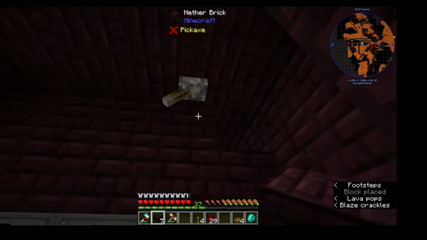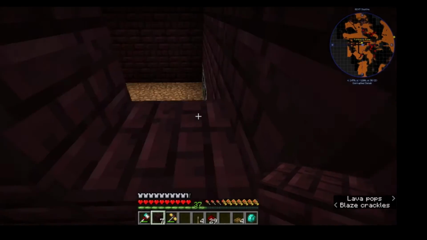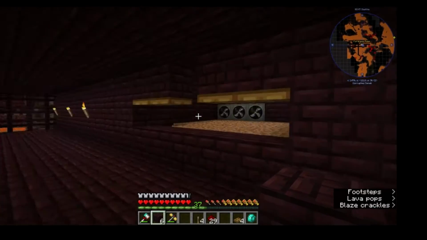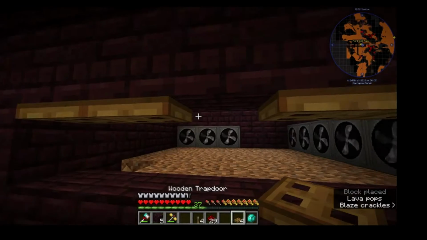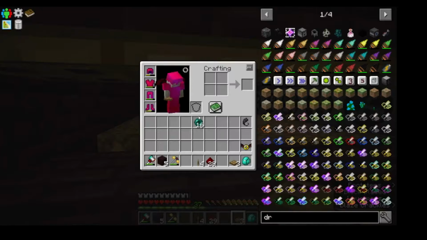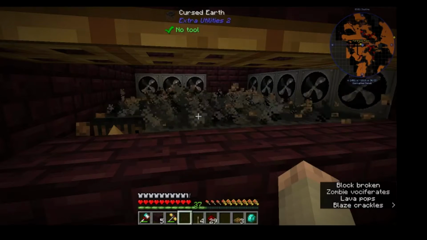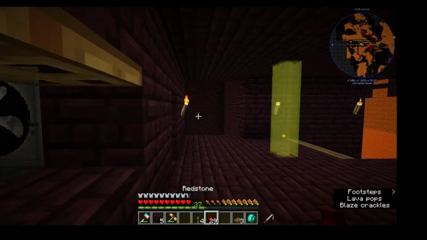So we have a way to turn the light on and off from outside the chamber. We've got the chamber contained. Now there's only one thing left to do. Make it active. Now if I shut that light off,